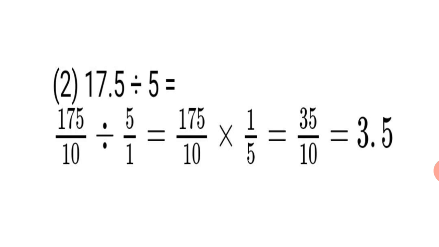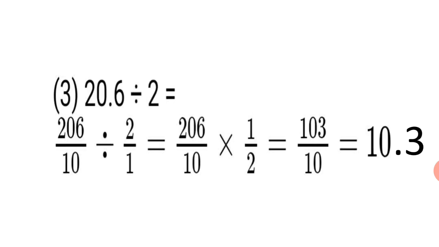Now let's see, can we divide 175 by 5? Yes. 5 threes are 15, 1 carried, 2 and 5 25, 5 fives are 25. So this way we get 35 upon 10, which is equal to 3.5. Okay, so this way you're going to solve your division sums of decimal fractions. Third sum,